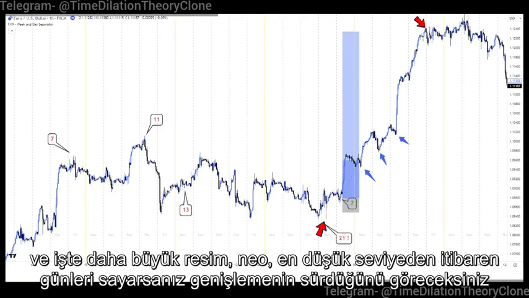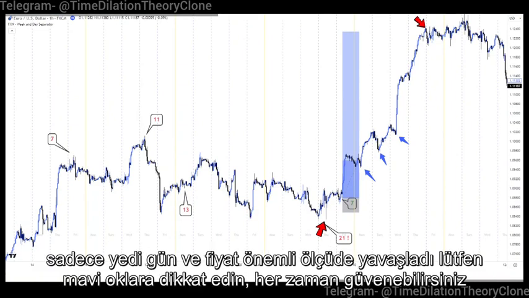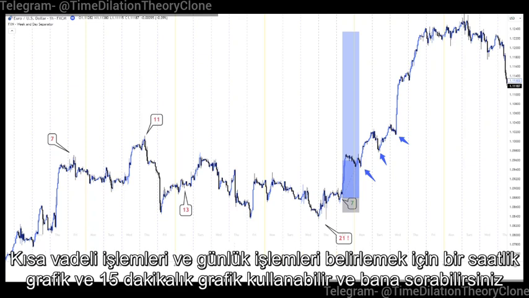And here's the bigger picture, Neo. If you count days from the lowest low, you will see that expansion took 7 days only, and price slowed down significantly. Please pay attention to blue arrows. You can always count 1-hour chart and 15-minute chart to determine short-term trades and day trades, and you might ask